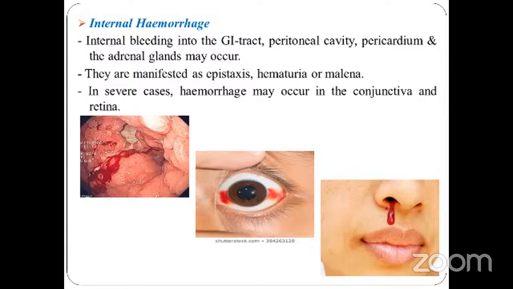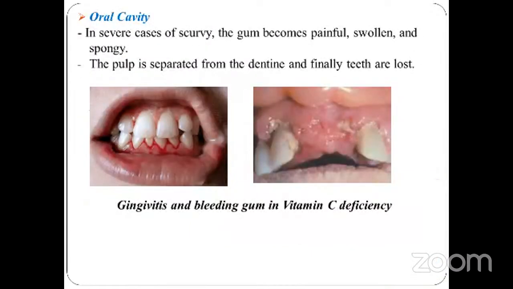So there are hemorrhagic tendencies. Now scurvy also manifests as certain symptoms in our oral cavity. In severe cases of scurvy, the gum becomes painful, swollen, and spongy. Then the pulp is separated from the dentine, and there is loosening of teeth, and finally the teeth are lost. So gingivitis, simply, is an inflammation